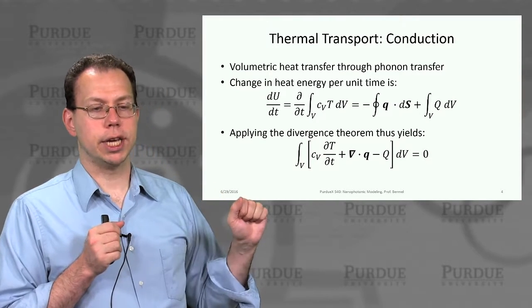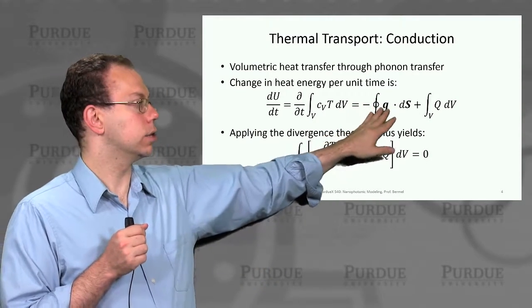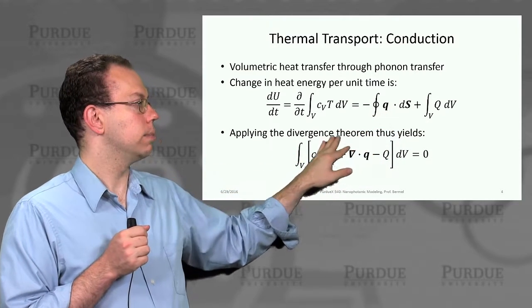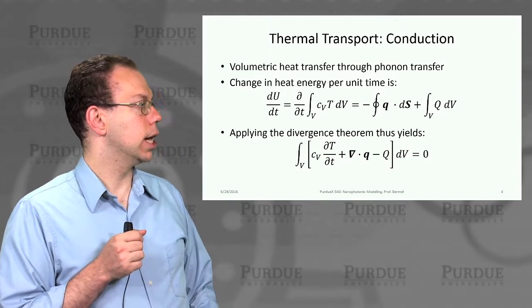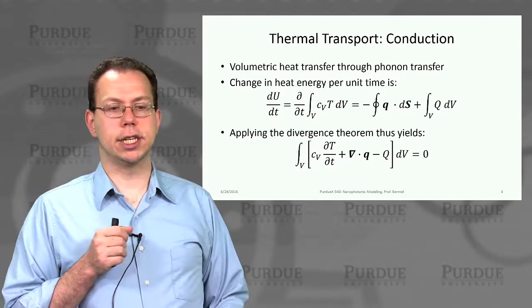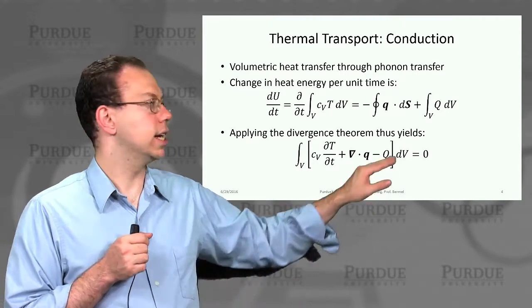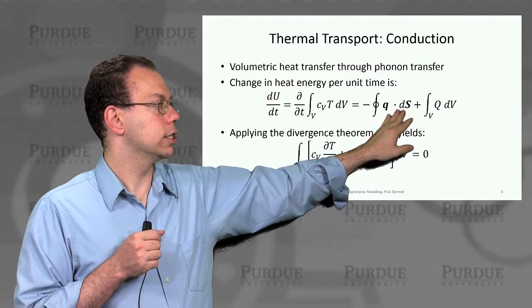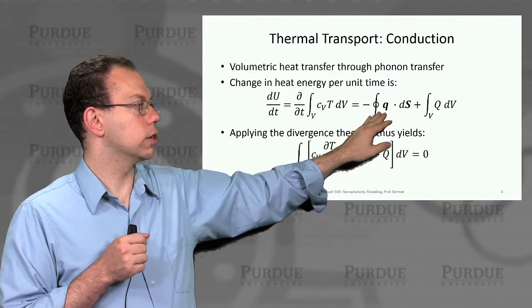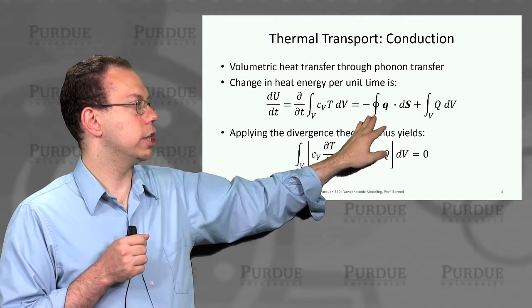So then if we try to rewrite all these equations that I had here, and basically connect these two sides of the equation and apply the divergence theorem, then as you may know, you can take the divergence of Q, and then you can convert this surface integral into a volume integral. And so then you would actually have 3 volume integrals.